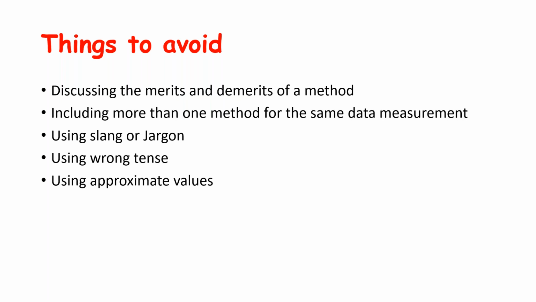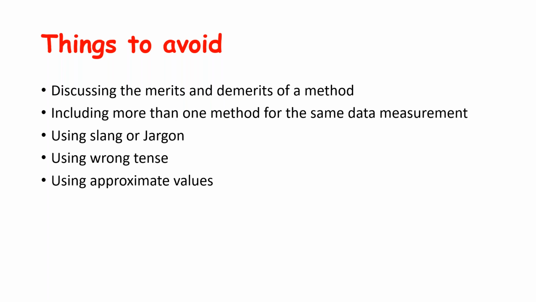Then of course, what happens while writing material and method is you tend to copy it from someone else. Like I showed you the part of a thesis, you are copying it from a thesis and you are giving a protocol. You'll find that at some places you have written 'was to be', 'was will be', or 'was be'. This kind of tense error makes it very evident that you have copied it from someone. So you have to doubly check that you are using the proper tense and are grammatically correct.